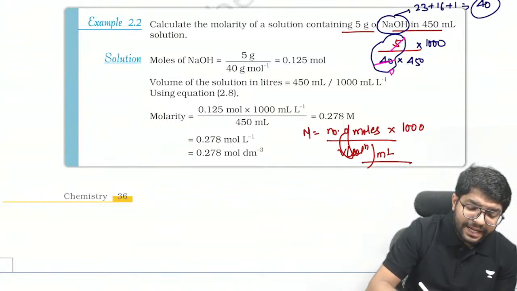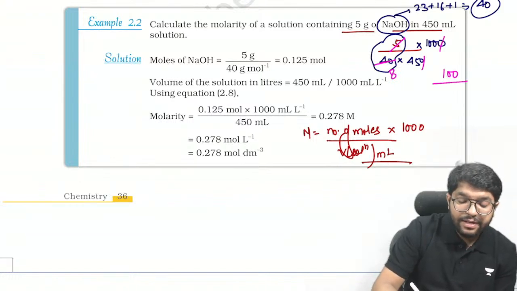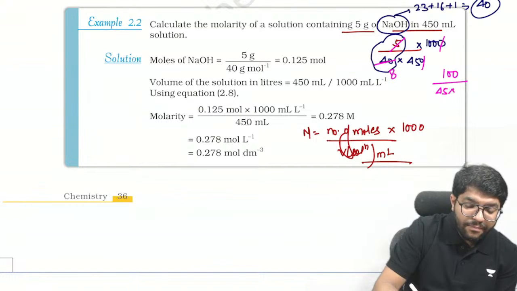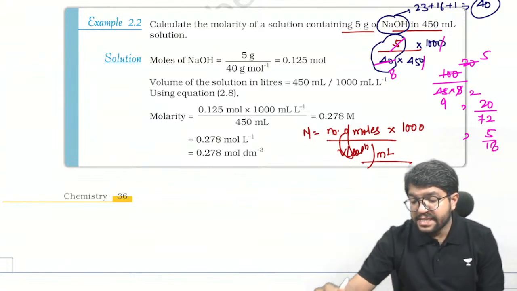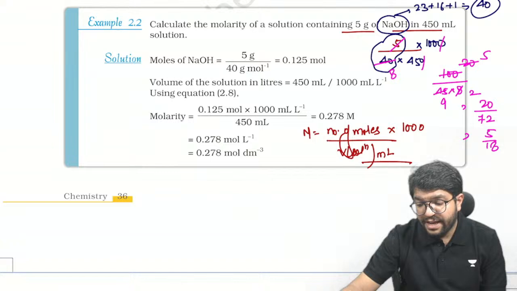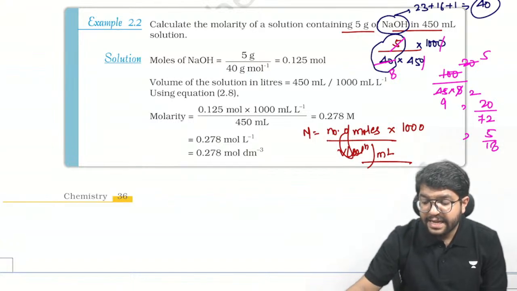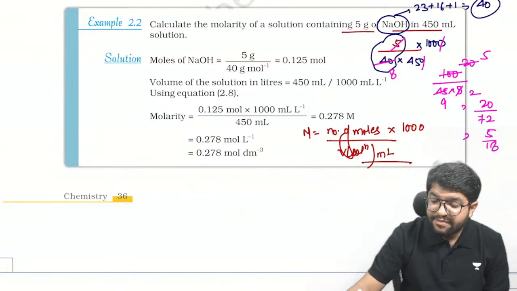It's 5, 8, and then this 100 upon 45 into 8 is what we are getting right now. Then even from 5, 20, and then 9, 20 upon 72. Another, you can cut it by 4, which says 5 and then 2. So it's 5 upon 18 is the exact answer that we get. It's 5 divided by 18,